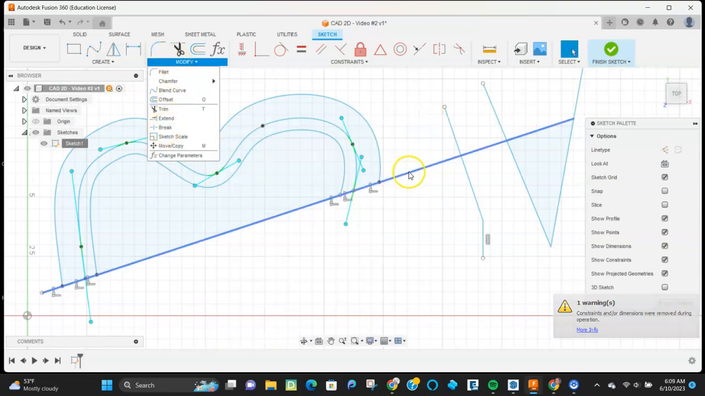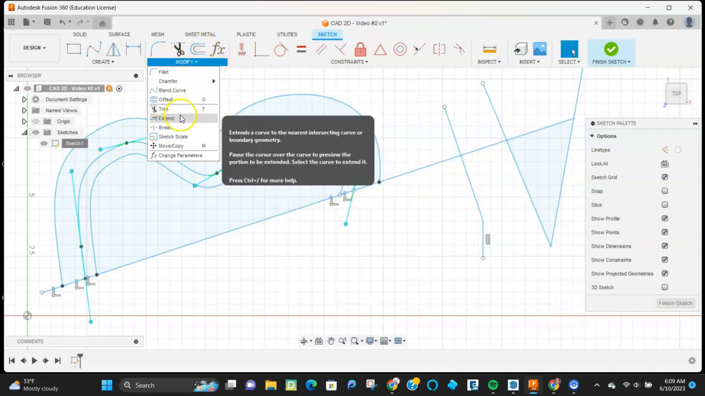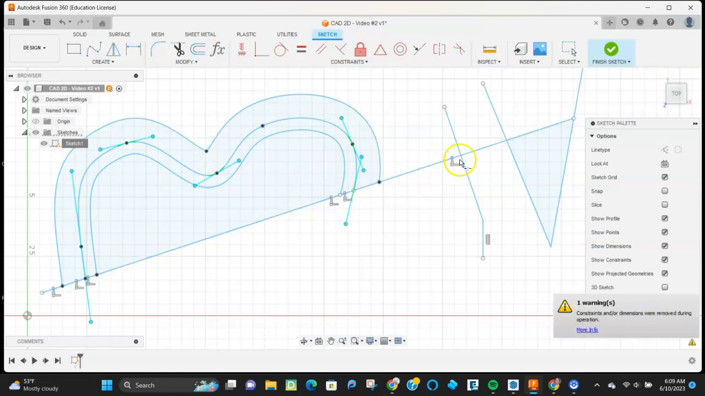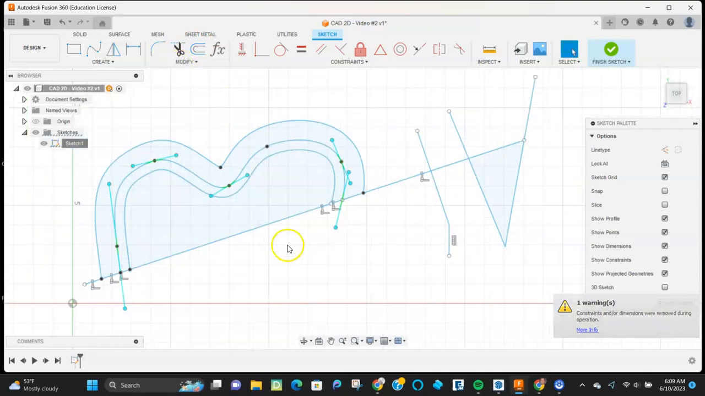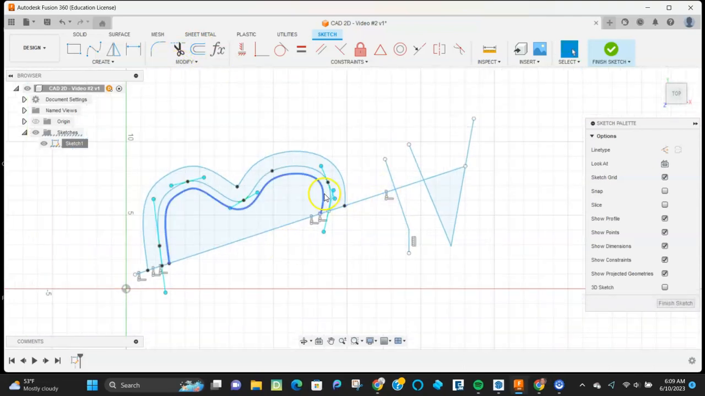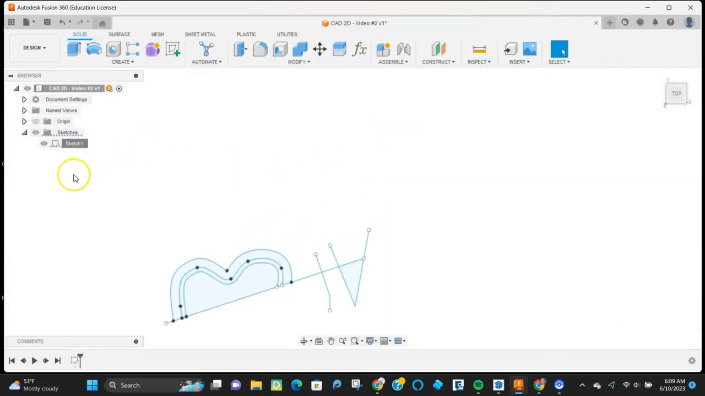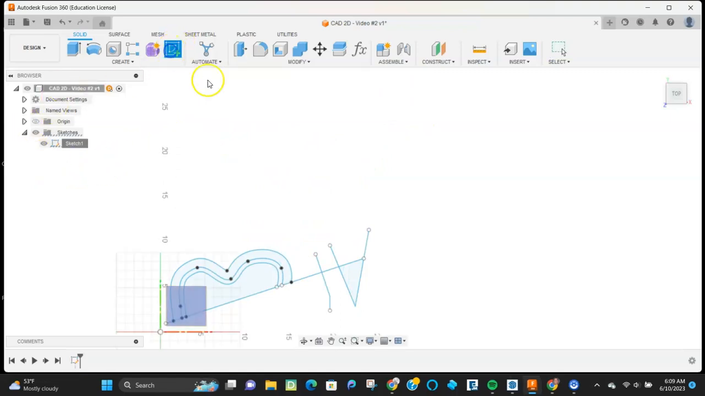All right, let's say I want to break a point. So I have this line that's one continuous line and I want it to be broken up at different points. I can click on break and then I can basically click on the point and I see it's taking that line and now I have different line segments that I can adjust if I want to. So we'll finish that sketch